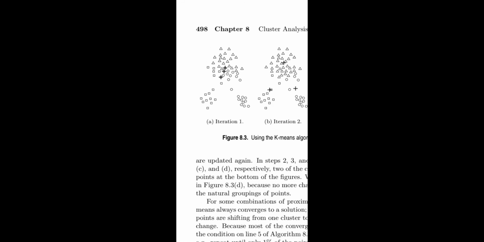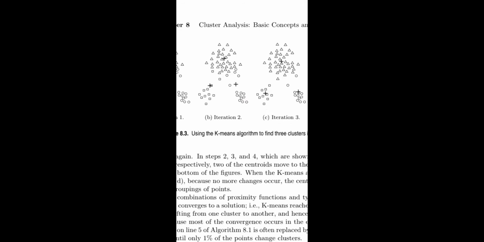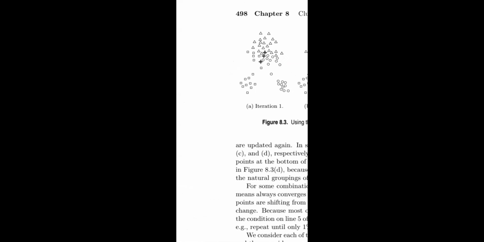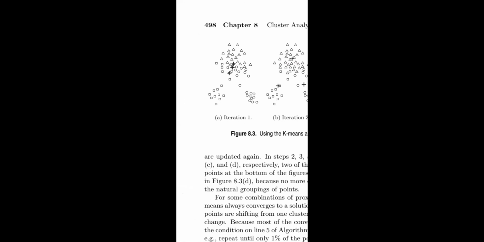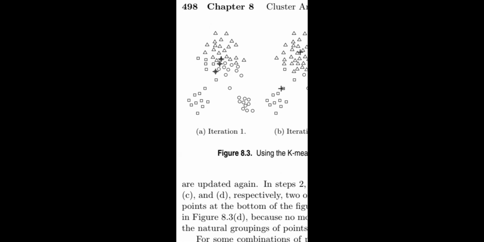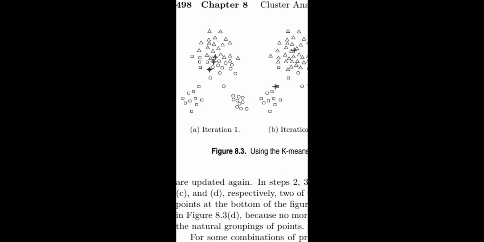First is iteration 1, then iteration 2, iteration 3 and iteration 4. In all 4 iterations, see the first iteration. Which ones are the clusters? Here we have circles, triangles, and squares representing the data points. Based on the centroid, the value automatically changes from one iteration to another iteration.